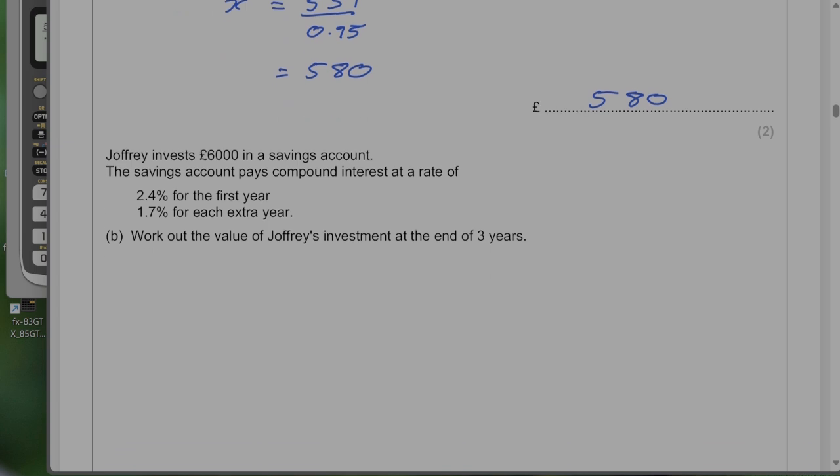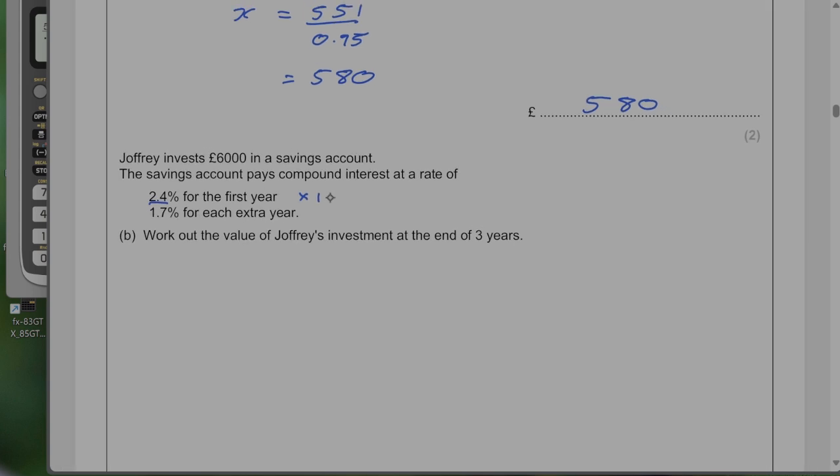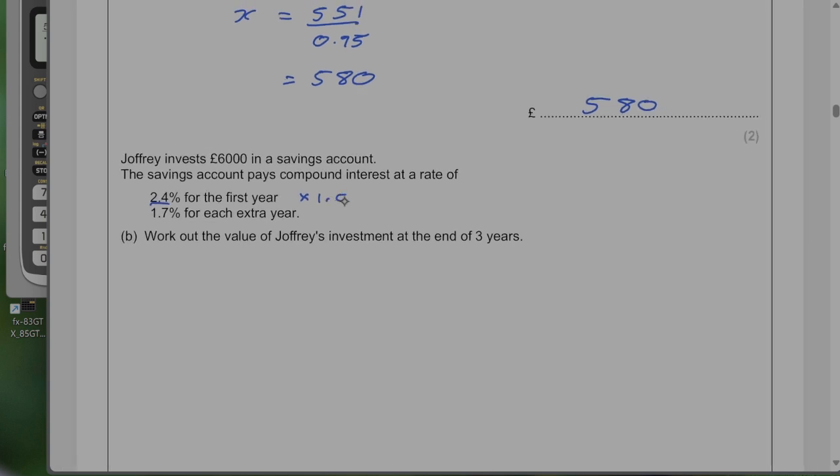Right, Joffrey invests £6,000 in a savings account. The savings account pays compound interest at a rate of 2.4% for the first year, 1.7% for each year afterwards. Work out the value of Joffrey's investment at the end of the 3 years. Right, so 2.4% for the first year is a multiplier of 1.024, and then 1.7 would be a multiplier of 1.017, and we want 3 years, so that's the first year